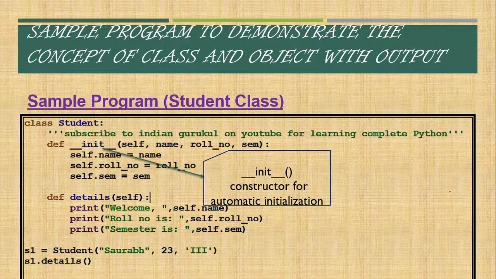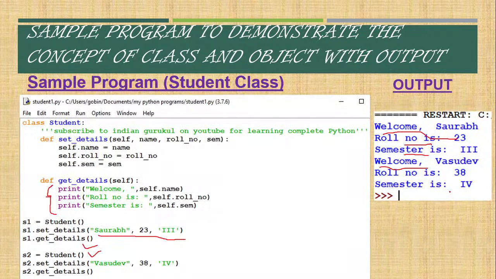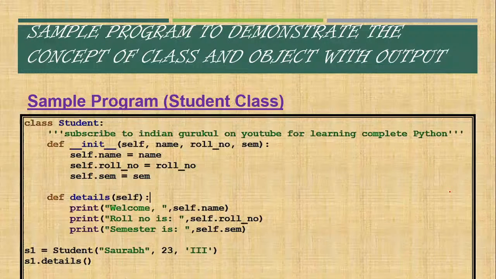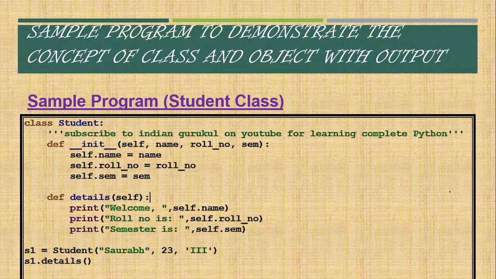In the case of set details method, since it wasn't the constructor, we need to call this method explicitly. What we did was, we first wrote the name of the object like s1, followed by dot, and then the name of this method, set_details. But in this case we are now using the constructor for the same purpose, and now we do not need to